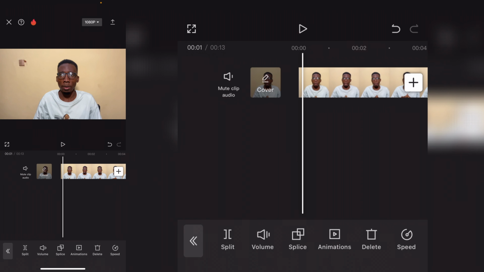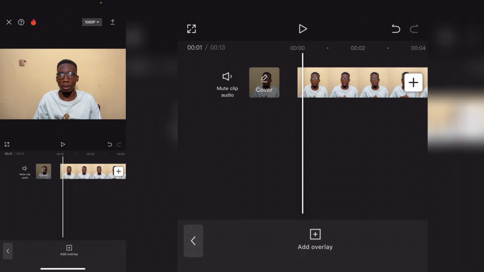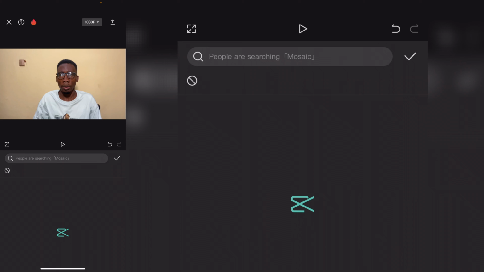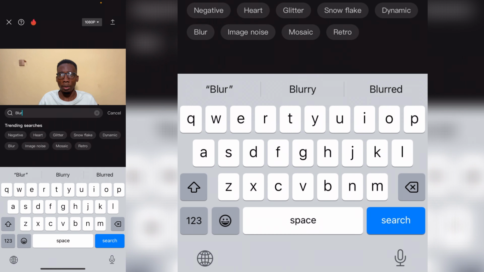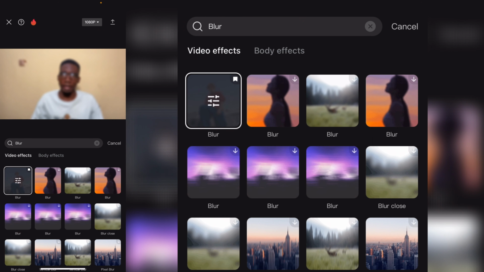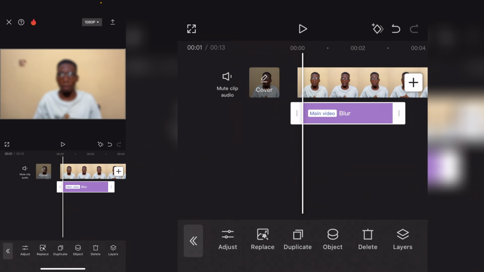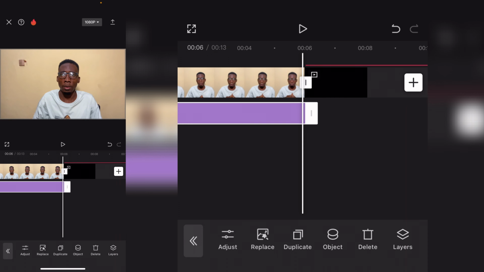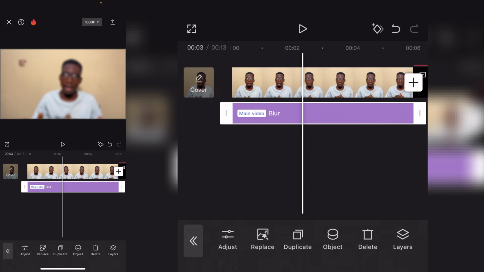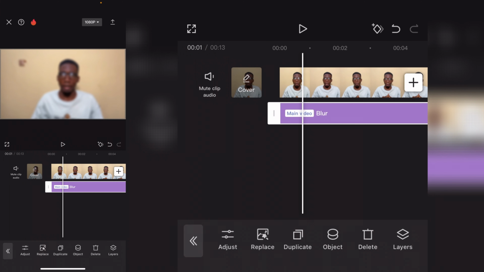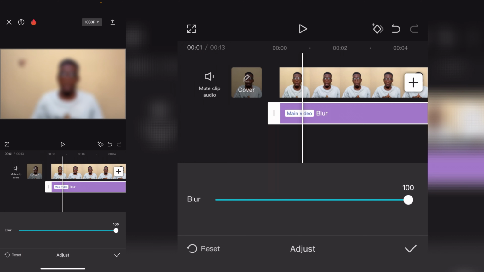Then go back to the main video, select the main video, and then go back and then select effects, video effects, then search for blur. Select blur, then go back. Then we have to drag the blur to the end of the main video here. Now at the main video, as you can see, our video is now blur, so you can adjust the blur from here. Tap on the blur, tap on adjust, and then you can adjust the blur from here. So let me keep it somewhere at 60,